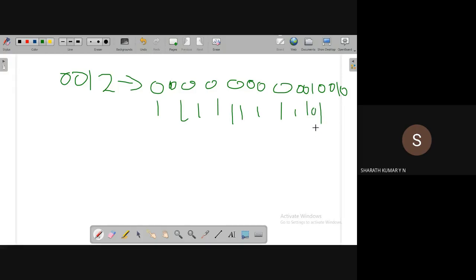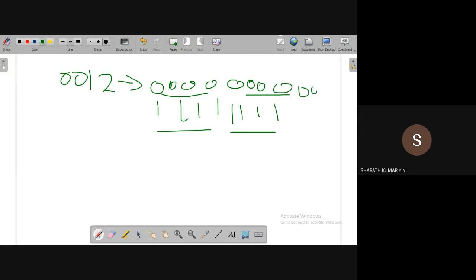Did I go wrong? I'm not sure. This 4 and this 4 are okay. Here it is 1110. Sorry, I think I made a mistake. Let me erase this. This is 4, 4, and there should be 10 here. Correct. The last 4 bits I have written wrong. For 2 it is 10 only that I have written wrong. Sorry. Let me erase these 4. So 00.